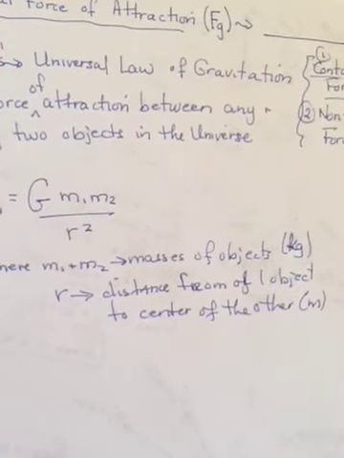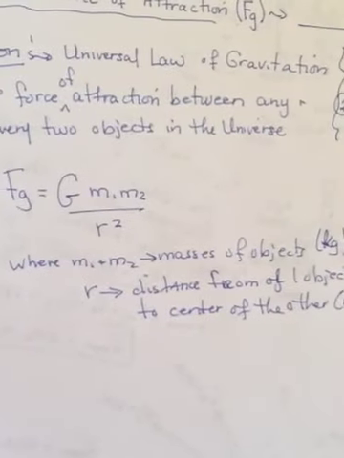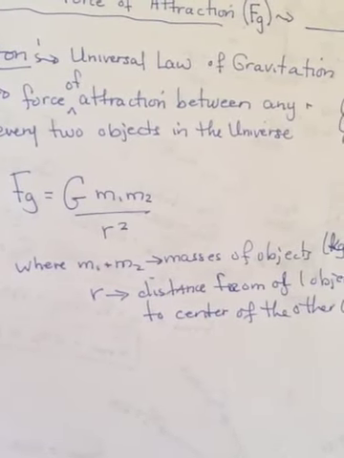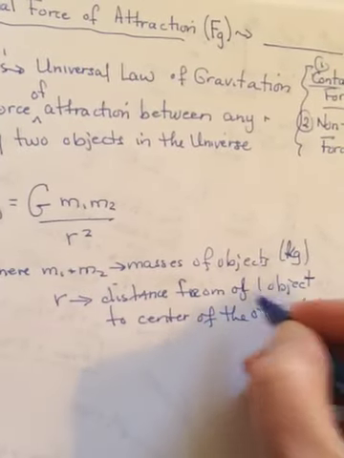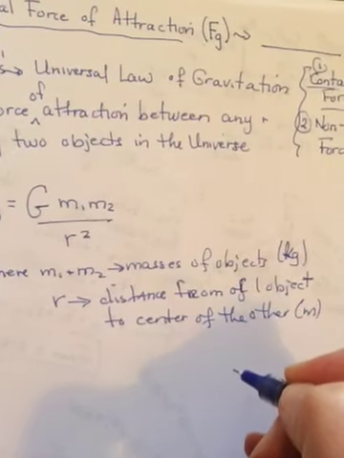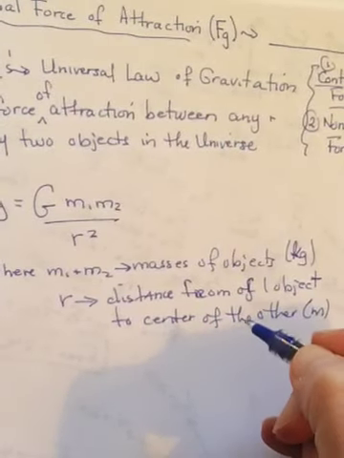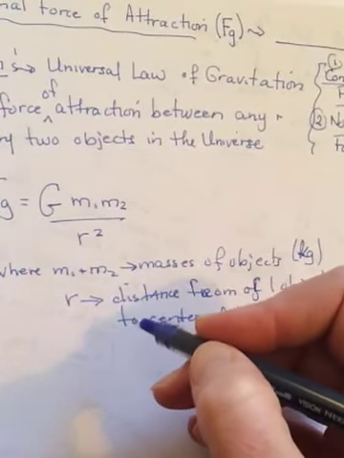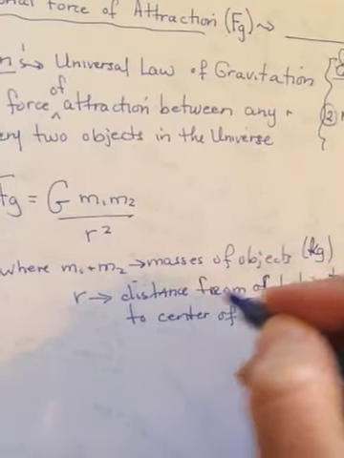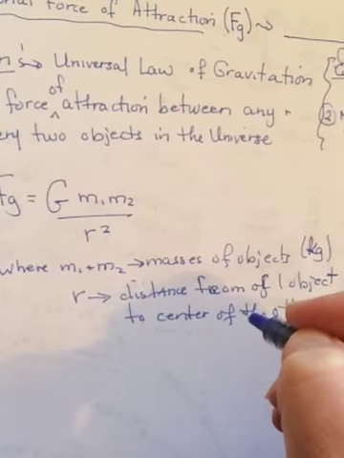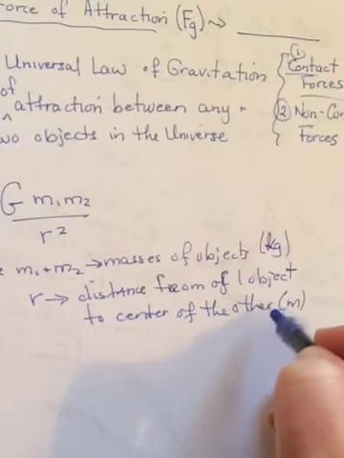Now this distance from the center of one object to the center of the other might seem like, who cares? Why are we doing this center to center thing? Well, if I picked two of you and measured the distance between you, whether I put the meter stick on the outside edge of your tummy or shoved it a bit into the center, it wouldn't make a really big difference on our R. But if we're doing the gravitational force of attraction between you and the Earth, it's going to matter if I measure to the outer edge of the Earth or to the center of the Earth. So that's why we say center to center.